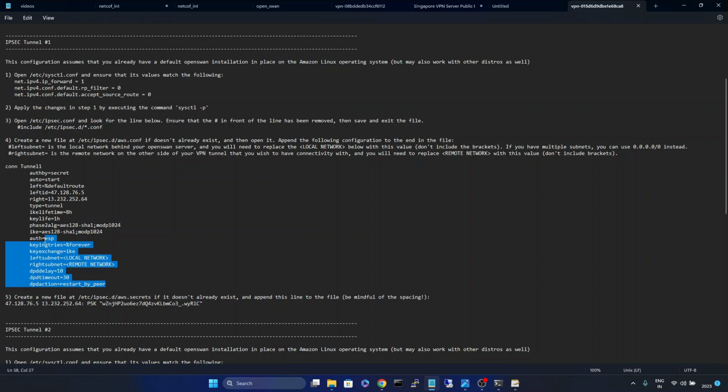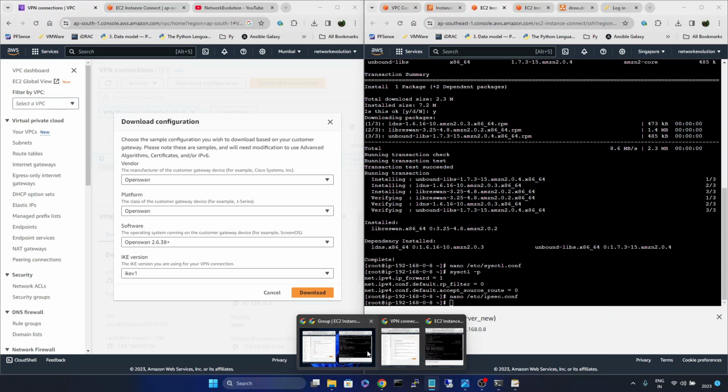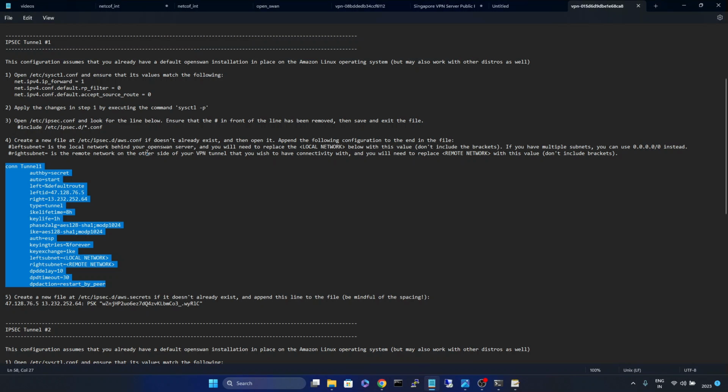Then we need to copy paste this particular connection, the tunnel interface connection details. So I'll copy this. So we need to add this particular file content into this location. So in the previous setup, what we have mentioned is include etc ipsec.d star.conf. Anything which is coming with .conf in this directory, it will try to load that config. So we are adding the aws.conf file in that particular location. Copy this,